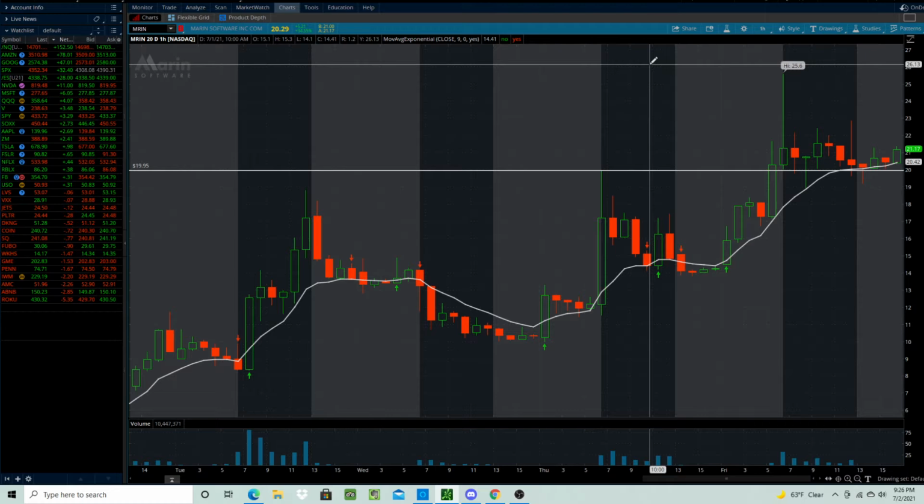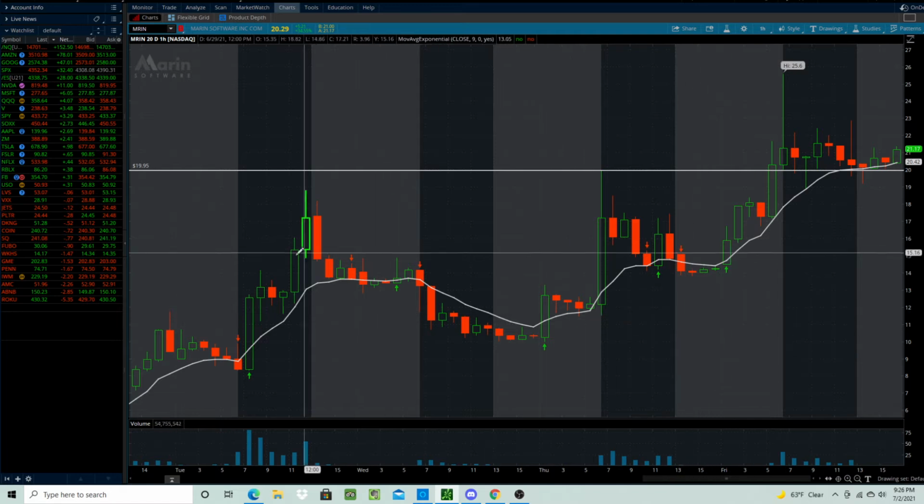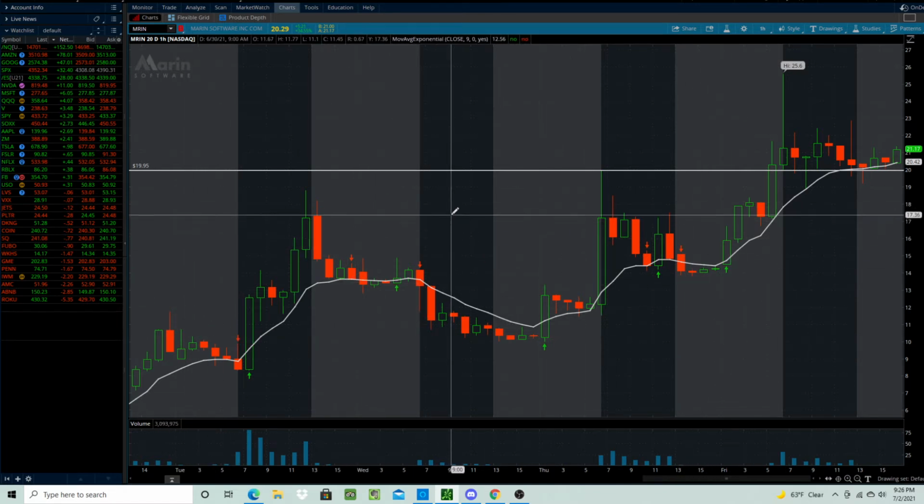So this strategy is basically just a 9 EMA. Okay, so this squiggly white line that I have on my chart here is the 9 EMA. Now, if we look at the chart that I currently use to trade,